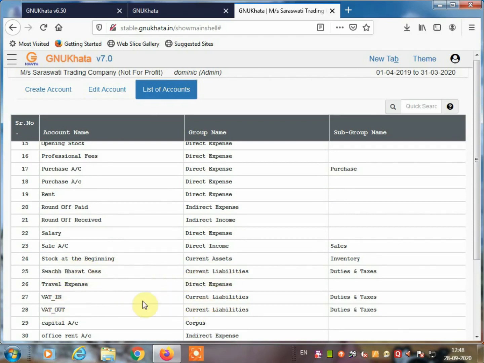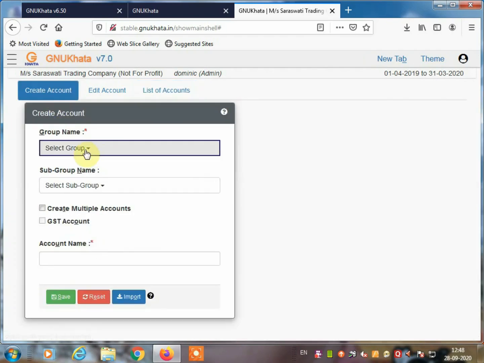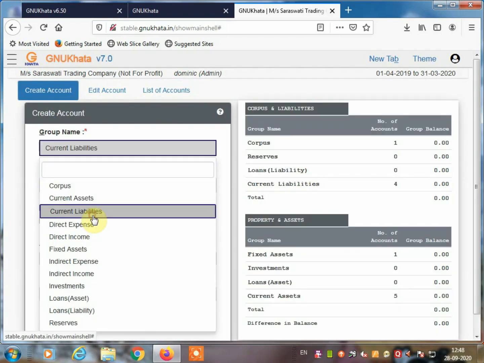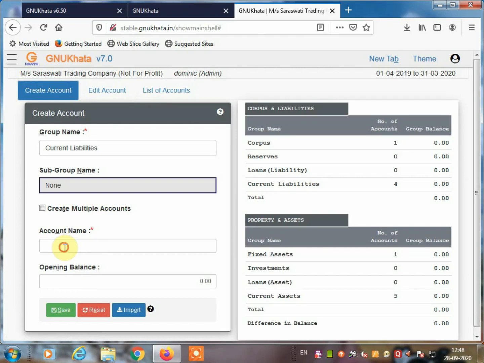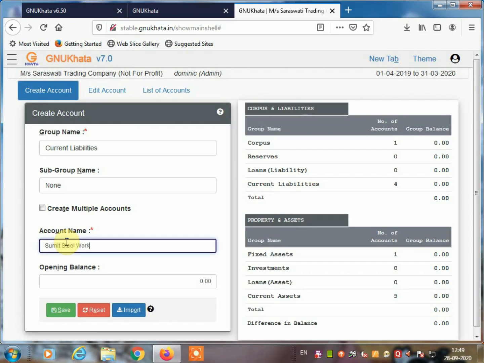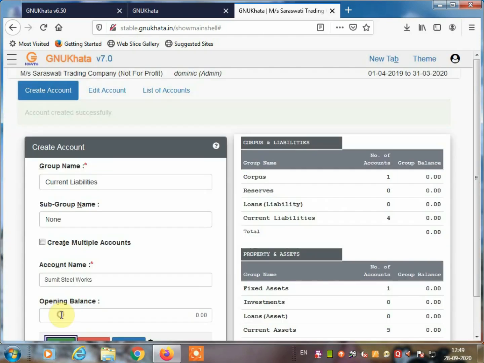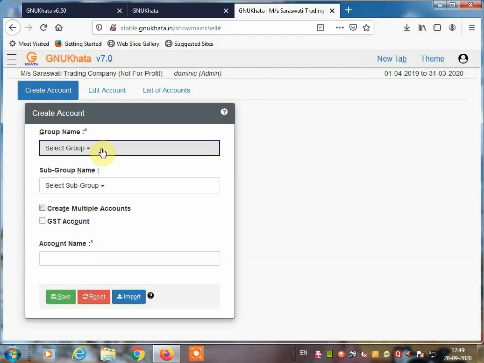Here also is given create account, go here, select current liability and account name Sumit Steel Works. So click on save. So this way we created another account. Purchase account is over.